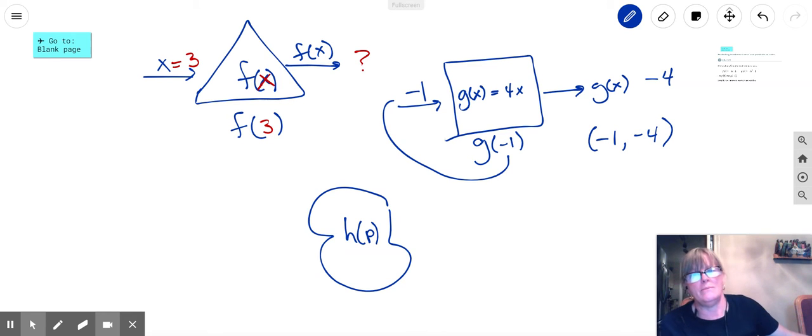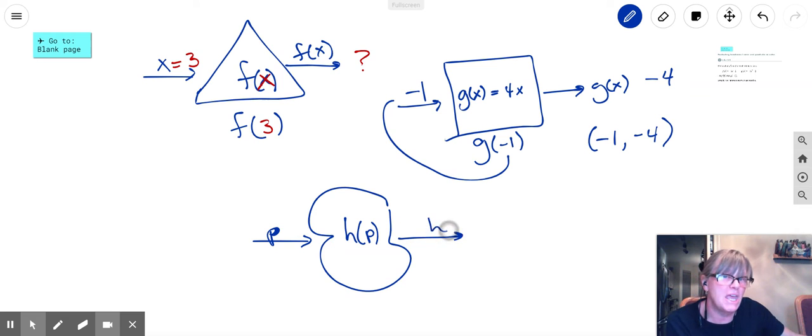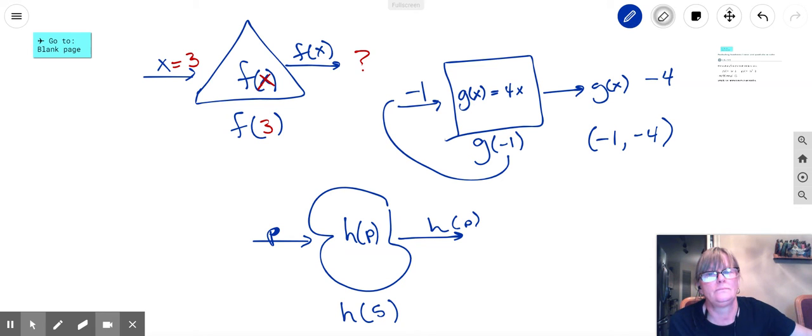Okay. Here, what has to go into this one? It's not x. In this case, it's p. And what gets spit out? H, or h of p. So I might ask you, what is h of 5? Okay. Let's give a value to h. Let's give some weirdoness to this, okay? Let's make h of p equal to